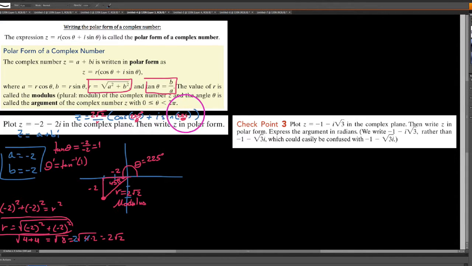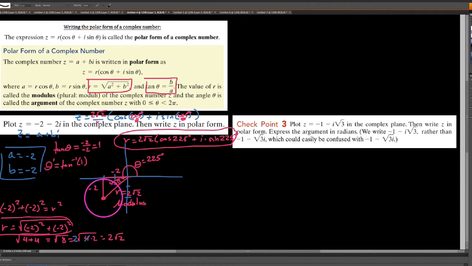If we're doing this in degrees, 225 degrees. I'm going to write this again down here, but we'd say that we get 2 root 2 times the cosine of 225 degrees plus i times the sine of 225 degrees. Now you might be saying to yourself, I really don't see the benefit to writing a number in this form right here. But what I'd like to tell you about this form is that it very clearly tells you, hey, all you got to do is head in a 225 direction and go out about 2 root 2